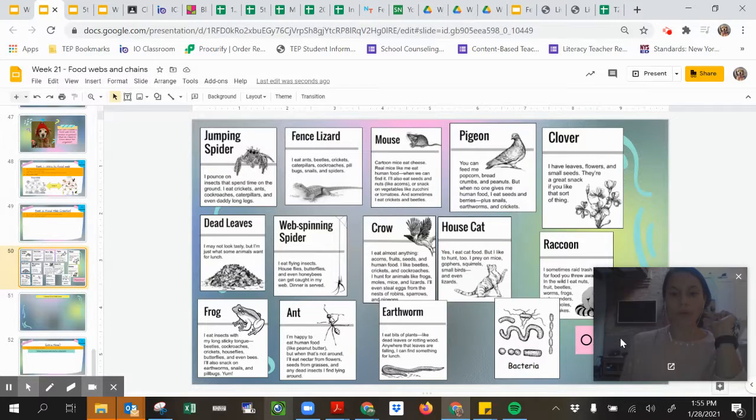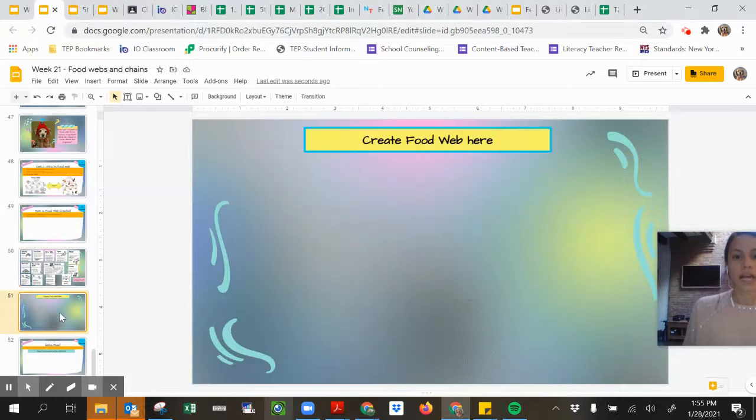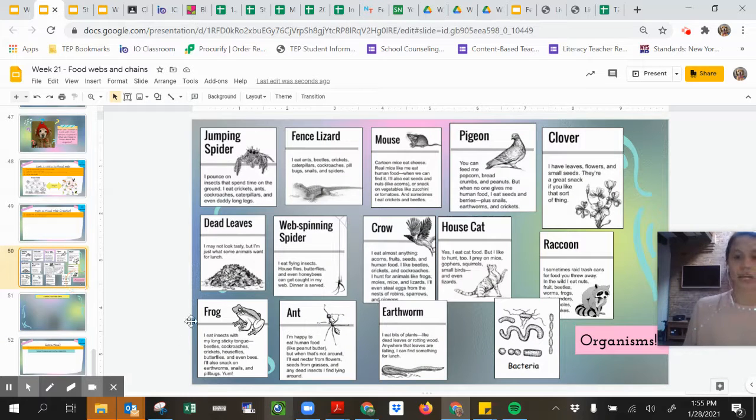Hi guys, I'm going to show you how to create your food web and how to edit and add arrows and whatnot. Okay, so here are your organisms, and then this is actually where you're going to put your food web. Now you may be wondering, like, how am I going to copy and paste or whatever? So a food web will always start with